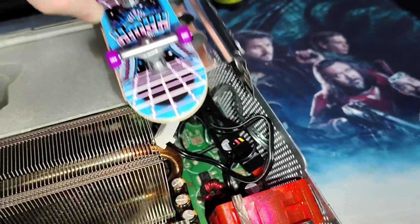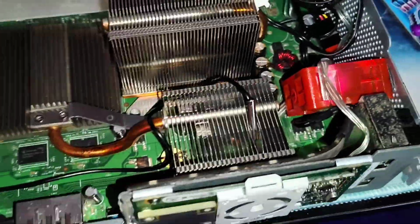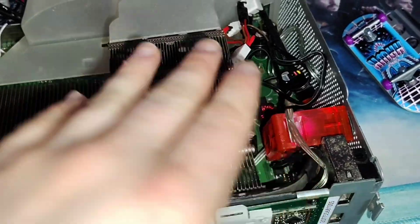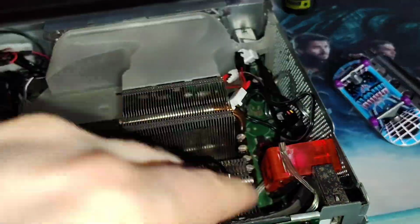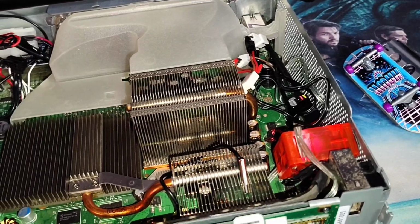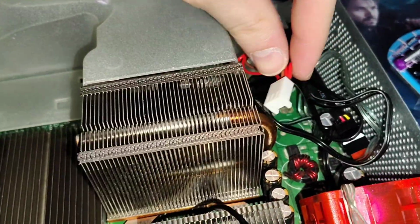That's what's going to go over top here to cover up these cables. We've got both of these for our blue LED strip. That's going to help with the blue fan LED to make sure this whole middle part's blue from front to back, shining all the way through the heat sinks. And then both of those are spliced into one single 3-pin